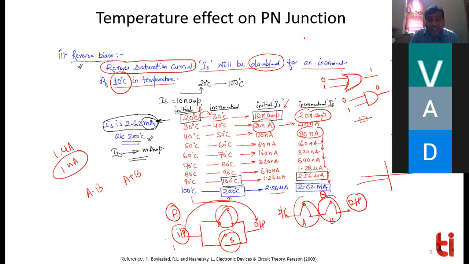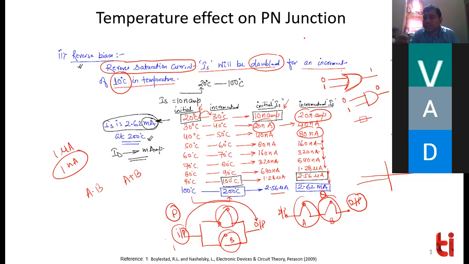If the reverse saturation current will increase, maybe you will not get the action of 1 and 0. भाई कोई लिमिट रखी होगी ना, जिन्होंने बनाए होंगे एंड गेट और गेट, उन्होंने कुछ लिमिट रखी होगी कि 15 milliampere will act as a 1 and 1 milliampere will act as a 0. Let's say they have kept some limit. ऐसा तो है नहीं 0 को 0 रखा होगा, 0 तो जरूरी नहीं है always 0 you will get. You will get some amount of current, you will get some amount of voltage. You can never get 0 volt. Sometimes even if you are getting 0 volt, but still somewhere in between there is a noise. So noise gets added up, and you will not get 0 volt.